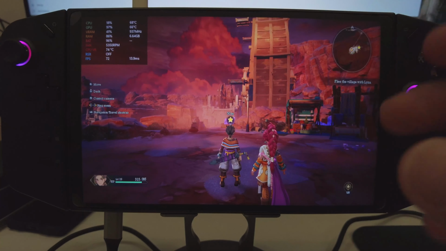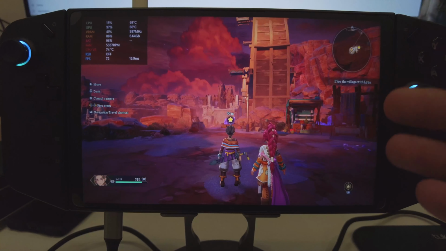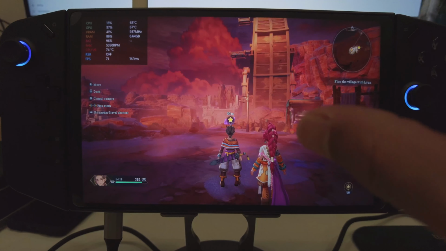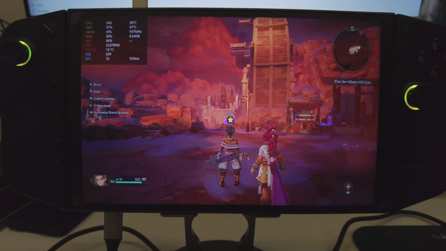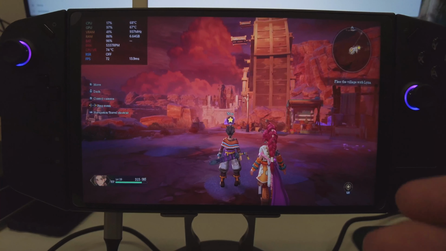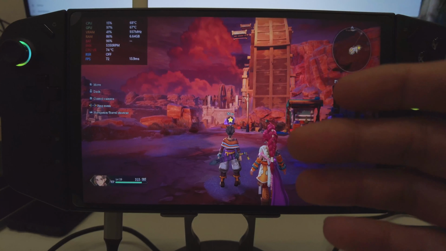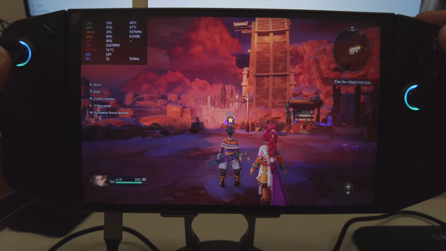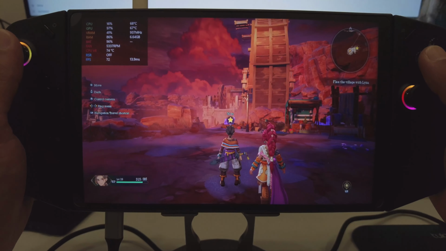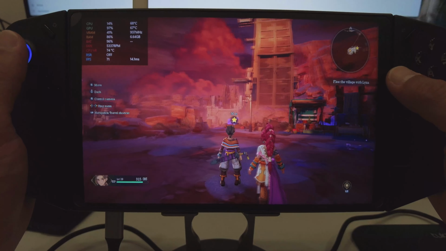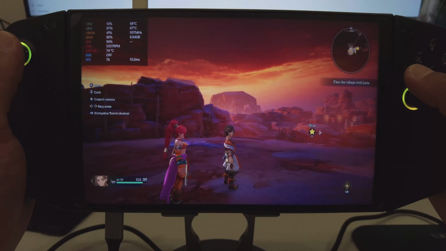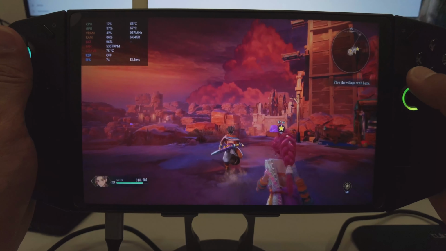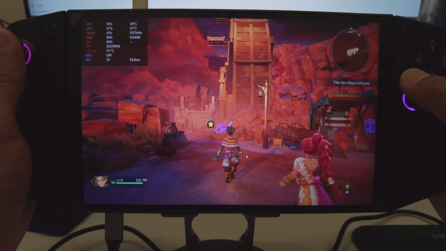Now the Legion Go's 8.8-inch QHD plus IPS display and the 500 nits of brightness is plenty bright, and it really makes the colors pop, especially for games like this. And this makes games like Visions of Mana's lush, colorful and vibrant world pop. The game's strong art direction also retains a classic RPG charm. So you take a look at these colors, beautiful. While it does maintain a modern graphical fidelity and it shines on the screen,